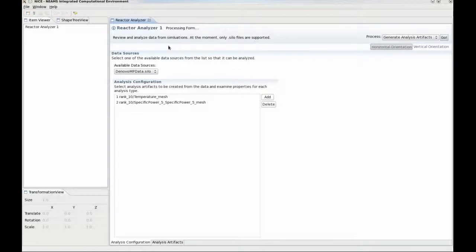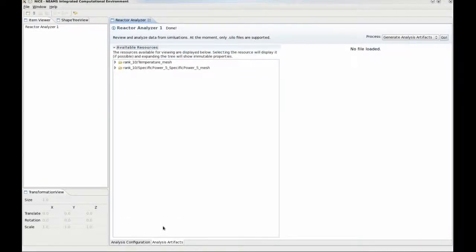In the meantime, I'll tell you that some of the things we're working on for this come from the field of data mining and machine learning. It looks like we're done here. And some of these things are including anomalous pin detection. So if we've got something crazy, we can look at power profiles and pick out anomalies there. Hopefully we'll have something cool to show in a while. But for now,